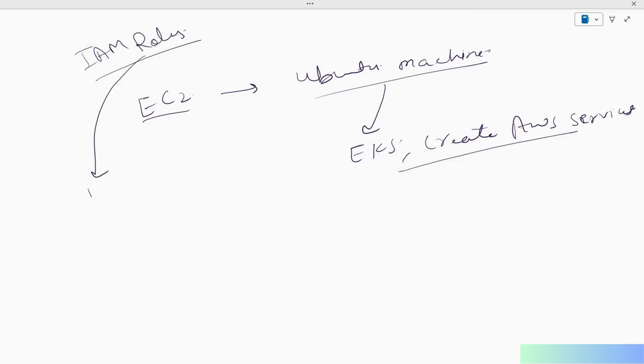They are also identities, and these identities are created with permissions. So roles are identities with permissions, and if I want an EC2 machine, a virtual machine, or any kind of application to have permission to perform specific actions, for example, if I want this virtual machine to have permission to work with EKS easily and to create other AWS services,